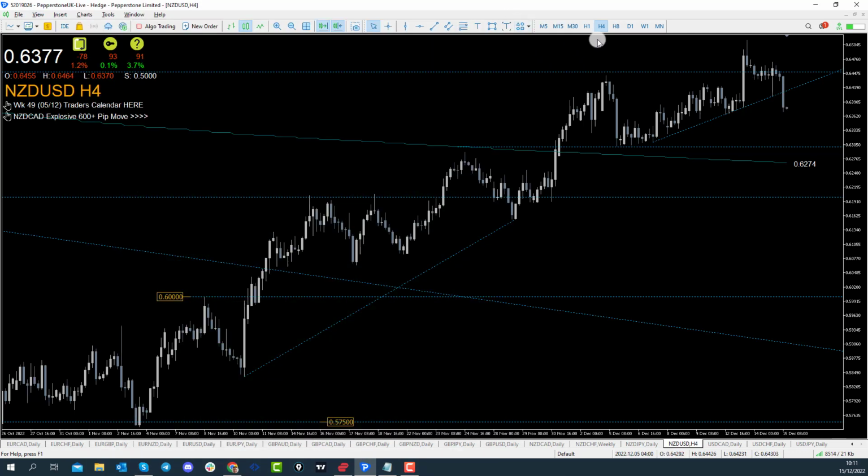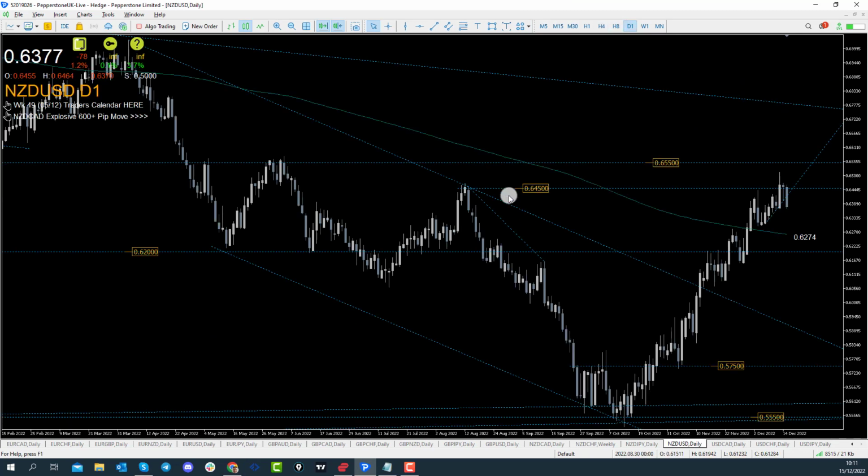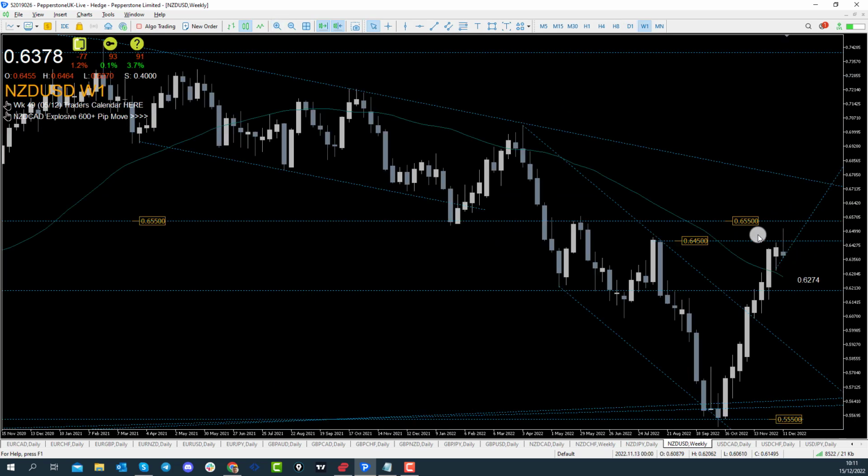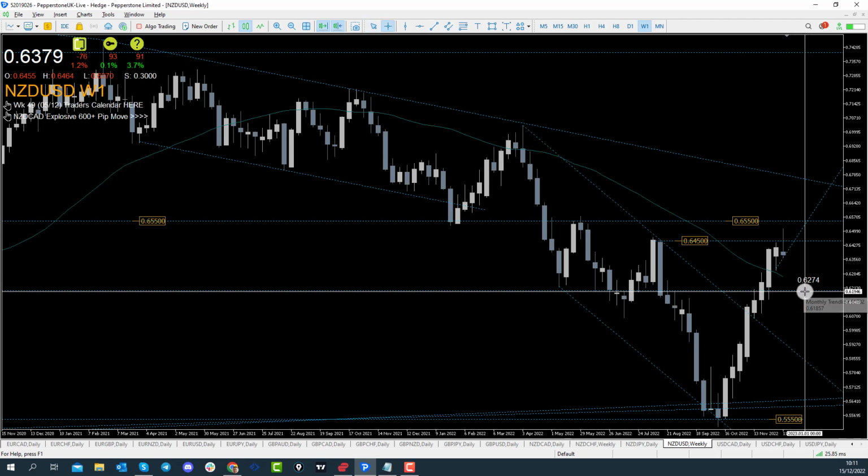We can see that Kiwi US dollar came up into our level of interest, which was the 0.6450 handle, and has now started to break down slightly. So if I actually just go up to a weekly time frame, how can this be represented from a weekly point of view? Well, if we were to close like this, it would suggest to me that maybe we were going to see a couple of weeks of bearishness from the New Zealand dollar, perhaps back down into this next